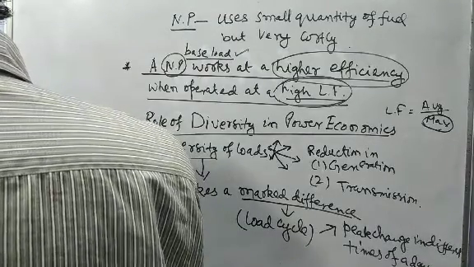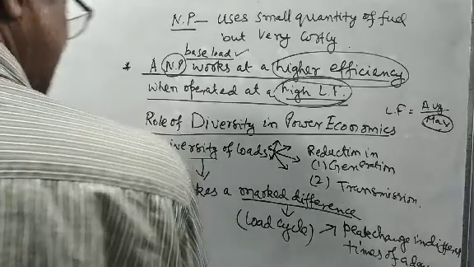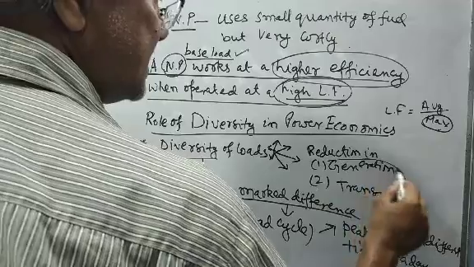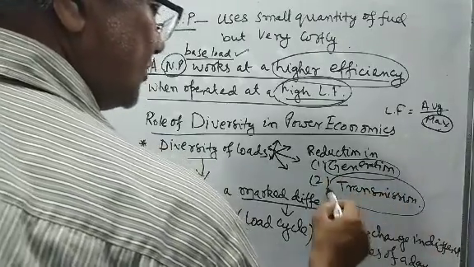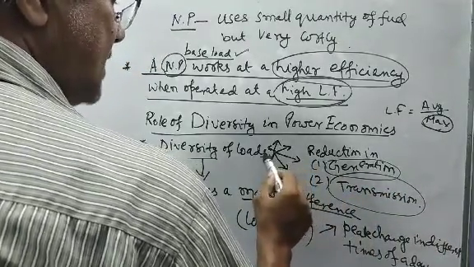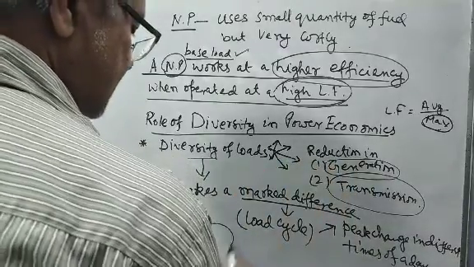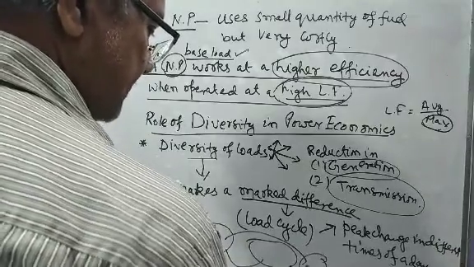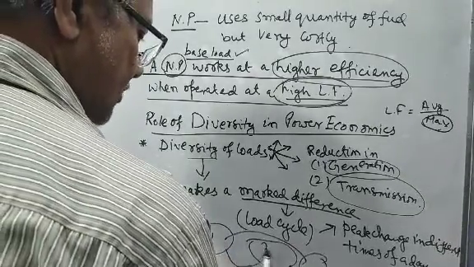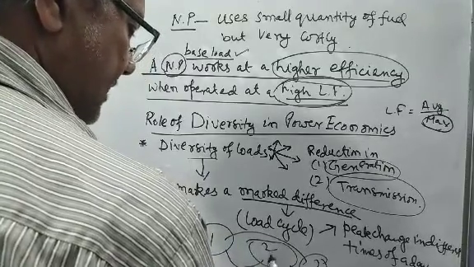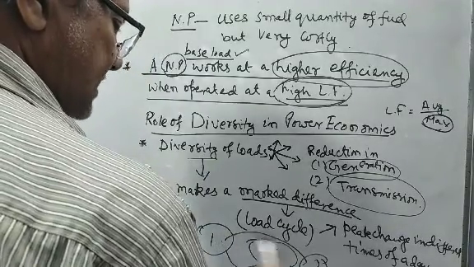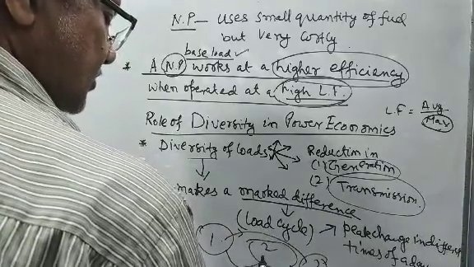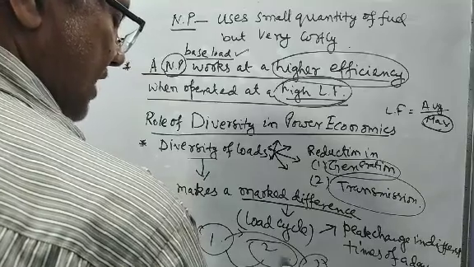Daily load diversity results in reduced operating expenses. So diversity is there, so expenses will also be reduced, because the generation cost has been reduced and the transmission cost has been reduced. So I am sending power from one area; two or three areas are interconnected with each other. It may be interconnected between 1 and 2, between 1 and 3, between 2 and 3. In this case, the power is sent between 1 and 3. If it is a small system, here also the power can be sent from one place to another.